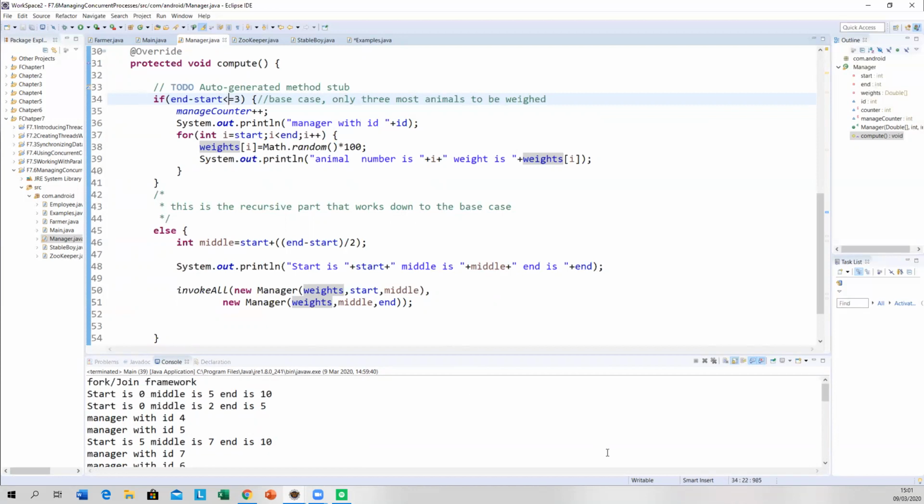All right, so at the very start, the first one it does, it gets int middle is equal to start plus end minus start divided by 2. Okay? And start is 0. Middle is 5. End is 10. Now, how does it get to there? Then it goes to invoke all.